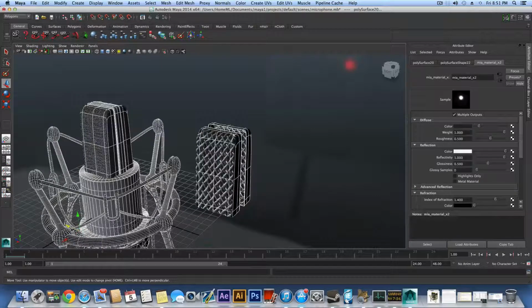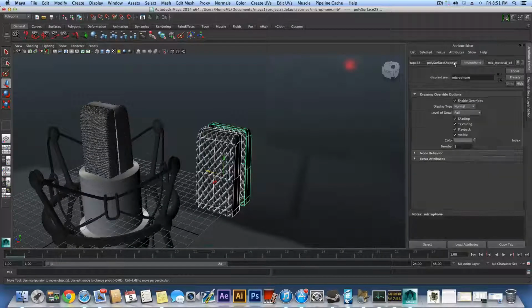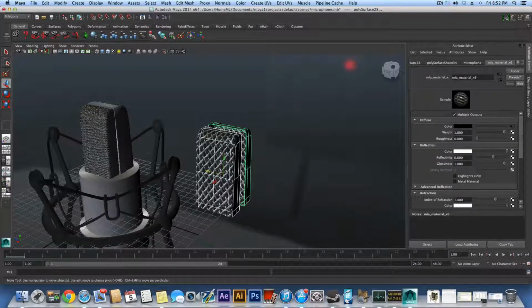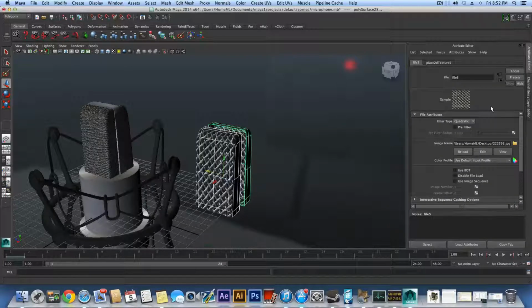So for each object I have here, I have tabs in the attribute editor. If I select only one object, I will have maybe fewer tabs, but if I select two of them, I will probably have a few more extra tabs that belong to this. Now these two objects share the same shader, and this is the shader tab for these two objects. So what you do is click on this arrow here, and then you will get these two tabs,